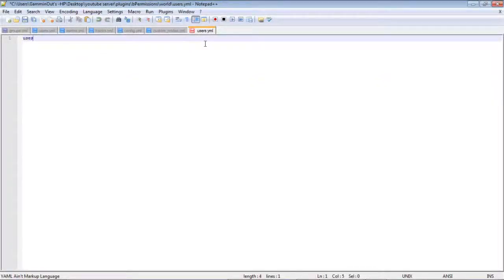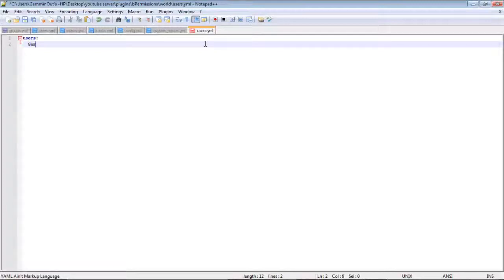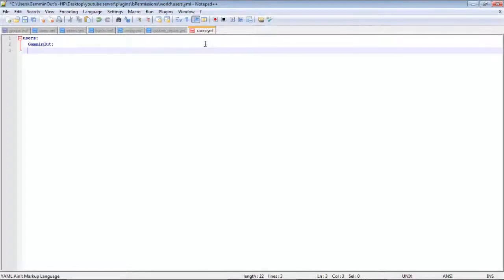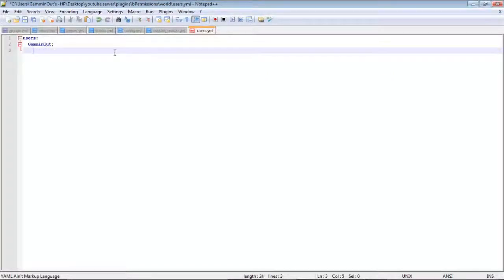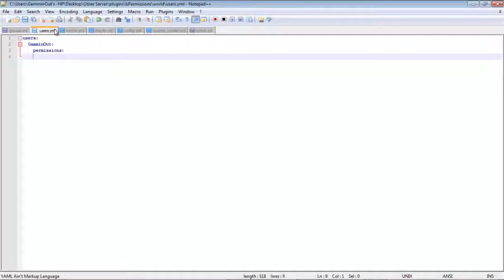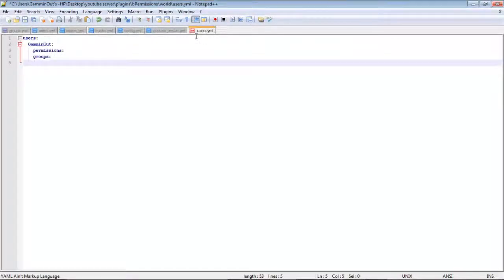So it'll be users, colon, enter, tab, sorry, not space, gaming out, colon, enter, and then underneath gaming out, you'll hit tab, and you'll go permissions, enter, I'm pretty sure it's groups, enter,